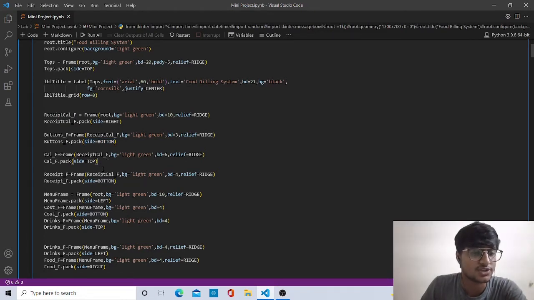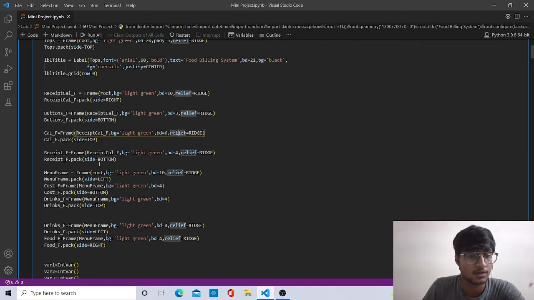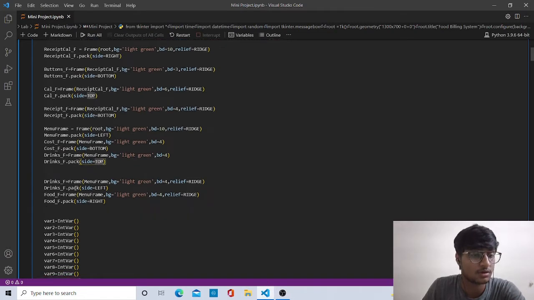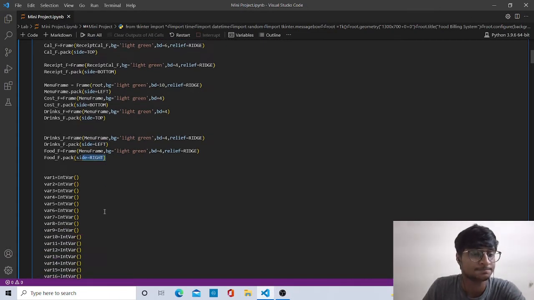The calculation frame widget has background color light green, border width of 6, relief ridge, and side top. The same goes for the receipt, menu frame, cost of drinks and cost of foods, with side left and side right.